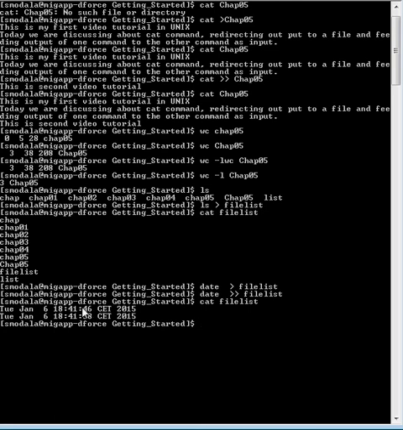One was executed at the 46th second and another one at the 58th second. So this is the difference between single greater than and double greater than symbols. One is to overwrite and the other is to append. This is about redirecting the output of a command to a file.